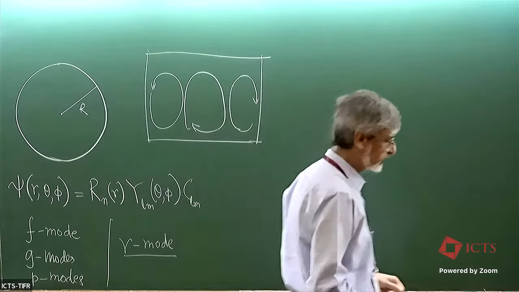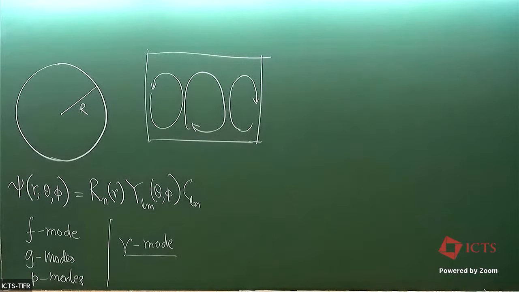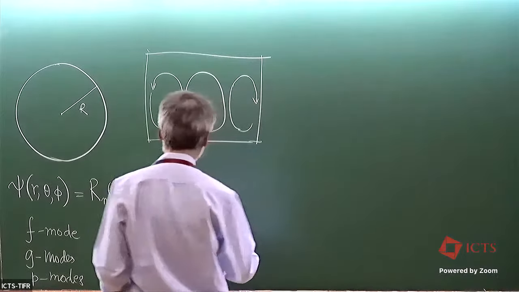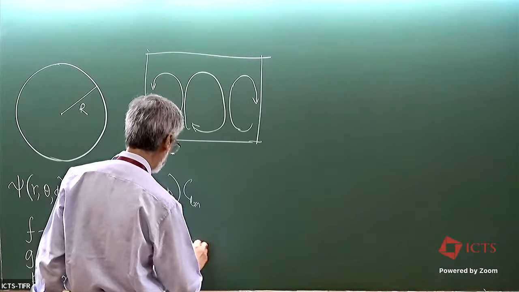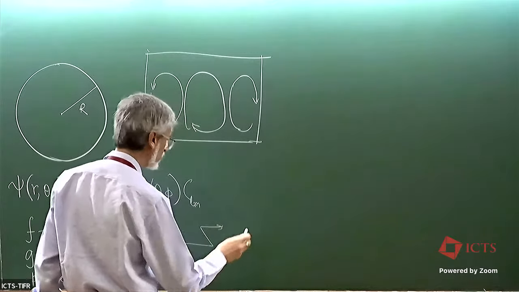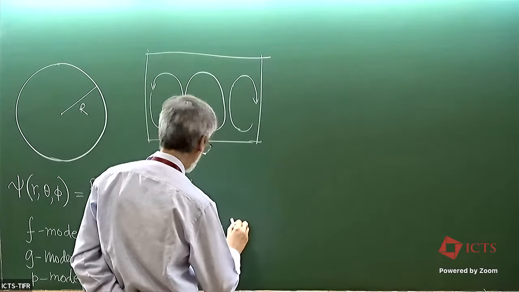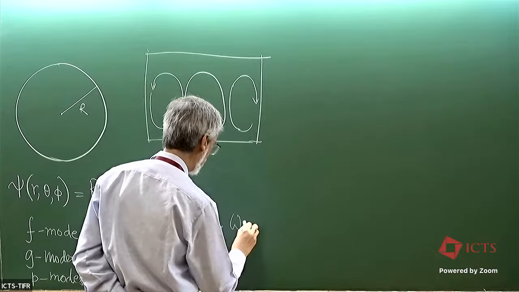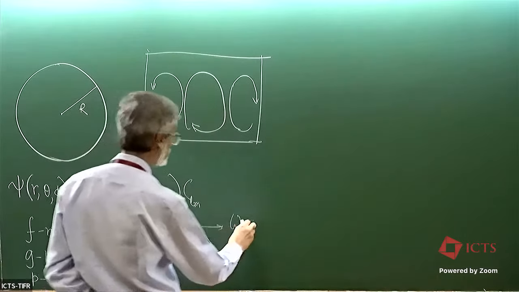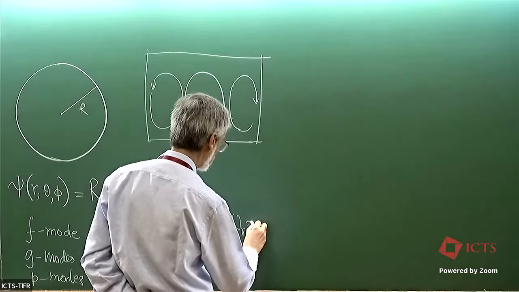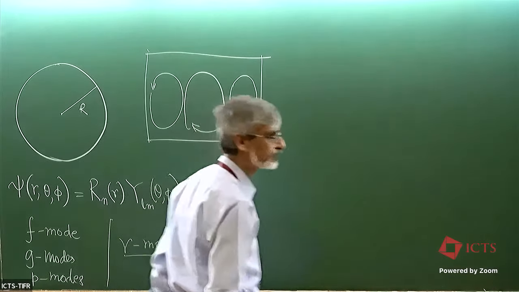So now, these R modes, you will, I'm sure, study in more detail next week. But just to give the basic properties, the frequency of the R mode, let's call it omega R, is roughly equal to,